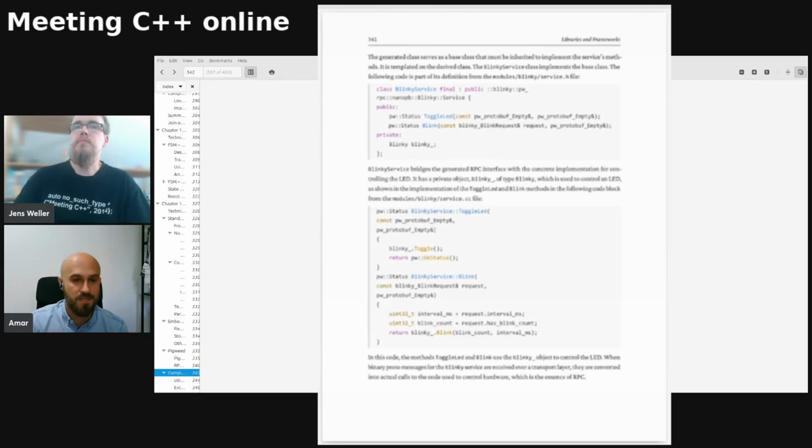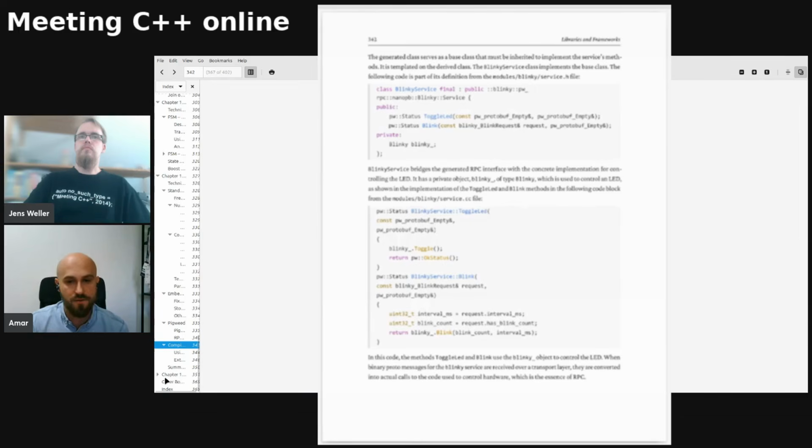So the RPC allows you that, so you can trigger a certain function call or functionality on your target from a console. And that's something that's also useful during manufacturing. So if you're manufacturing a device, you want to be able to test it, and there are entire scenarios for testing devices during the manufacturing process, and you need a way to trigger certain behaviors. So this is something that's quite interesting in that regard. And the other,